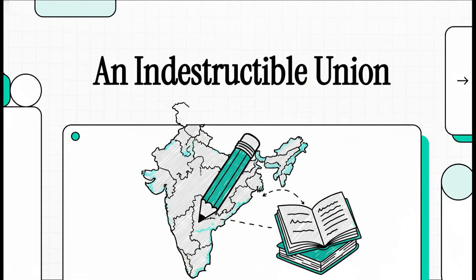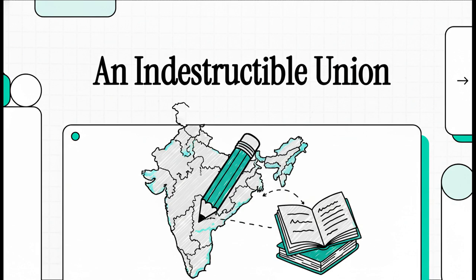When you look at a map of India, it feels, well, permanent, right? It seems totally set in stone. But what if I told you that the Indian Constitution has a built-in eraser, a power that lets Parliament redraw the lines of any state it wants? Today, we're going to get into the incredible story of how India's map was drawn, and just as importantly, how